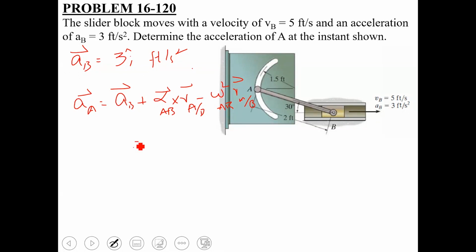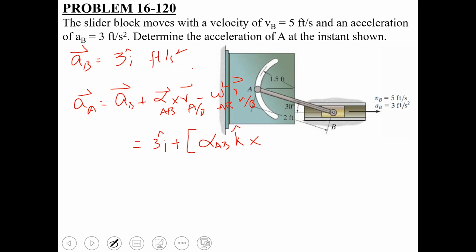As we know that AB is basically equal to 3I plus alpha cross R. Again, alpha is